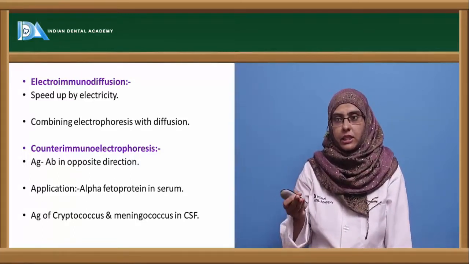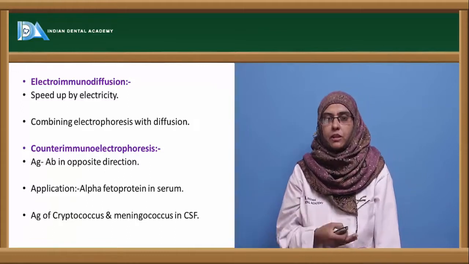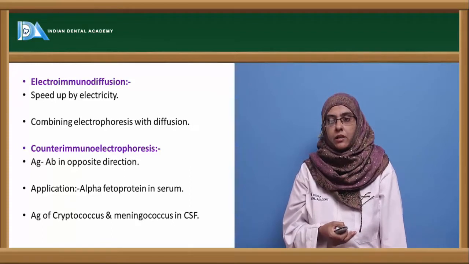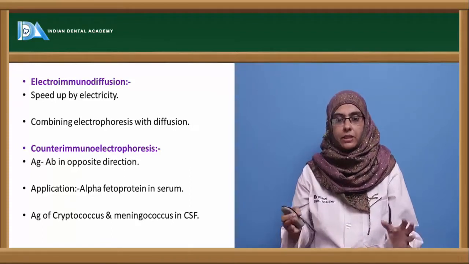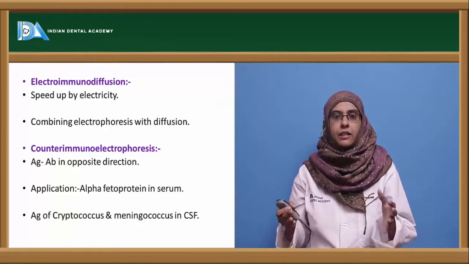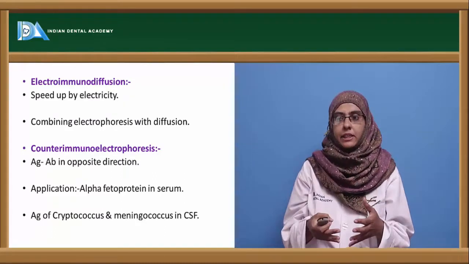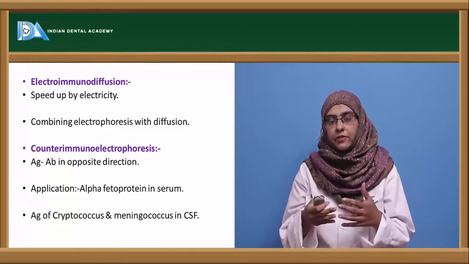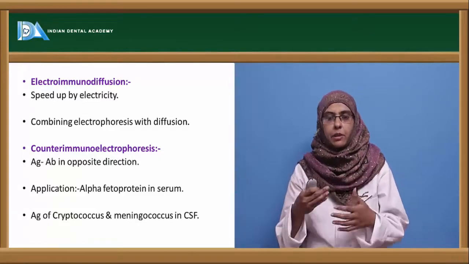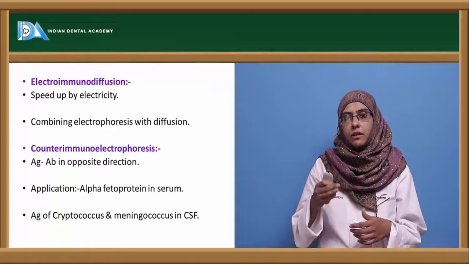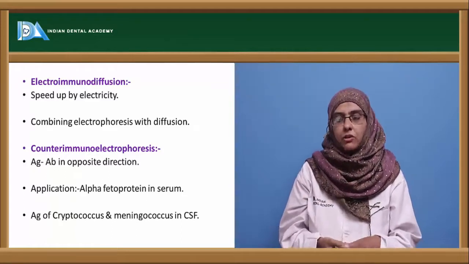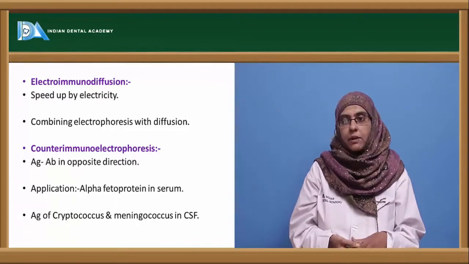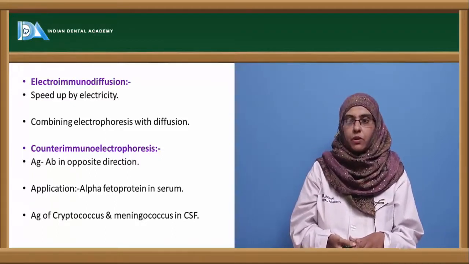So in electroimmunodiffusion, there are two methods that are mostly used. One is called counter immunoelectrophoresis, where the antigen and antibody are placed on a slide and they diffuse in opposite directions, and depending upon the specificity, they usually form a band. The application of counter immunoelectrophoresis is to detect alpha fetoprotein in serum and antigens of cryptococcus and